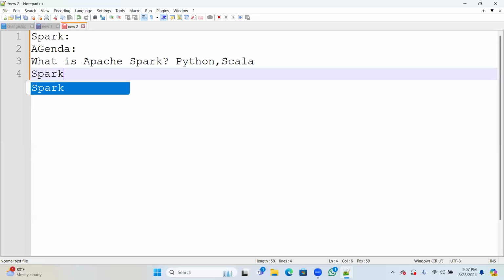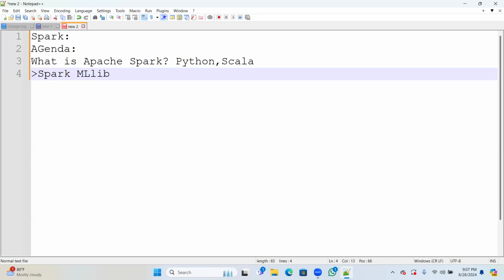So there is Spark MLlib for machine learning. We mostly use Spark in machine learning.